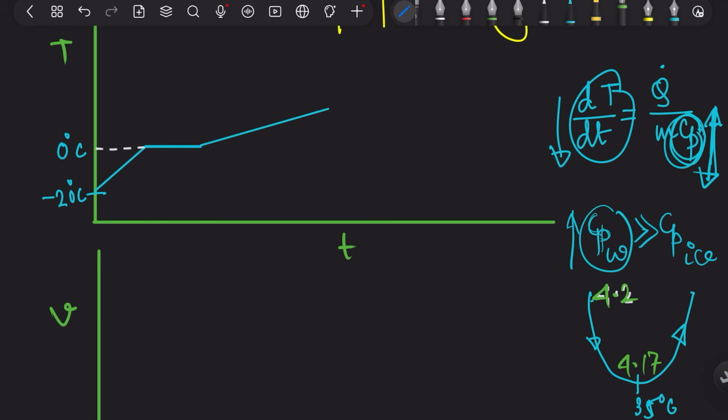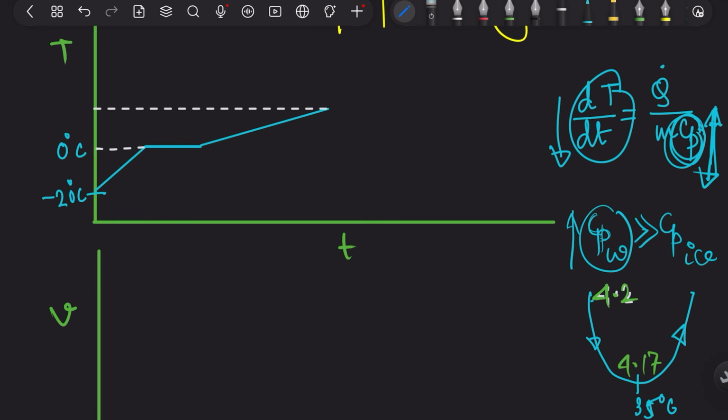But still you can show it like this, that first the slope is increasing, then the slope will decrease. So the actual variation will be like this, and this inflection point will be at 35 degrees Celsius. This will be the actual variation, but in BARC again you don't need to draw like that. You can consider it as a straight line. After that again,